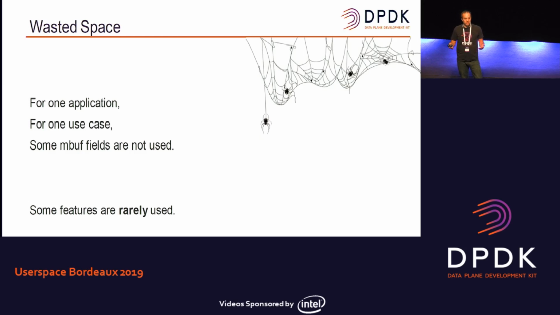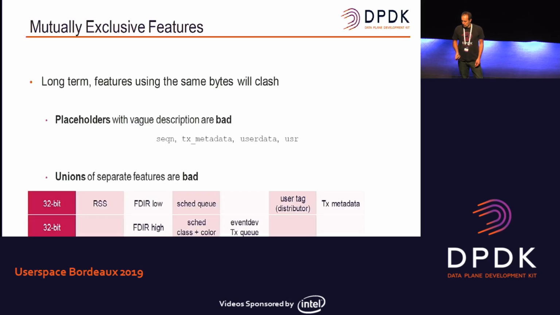So let's say, for instance, we use only half of the mbuf, and the rest is just wasted. It is wasted memory. And some fields are never used, or very rarely used. So these are the limitations, but to better explain other limitations,